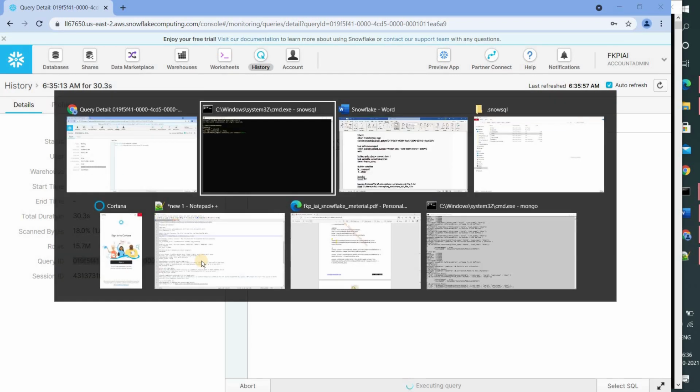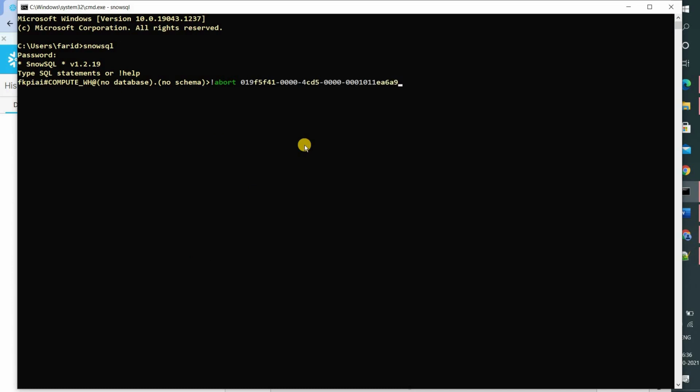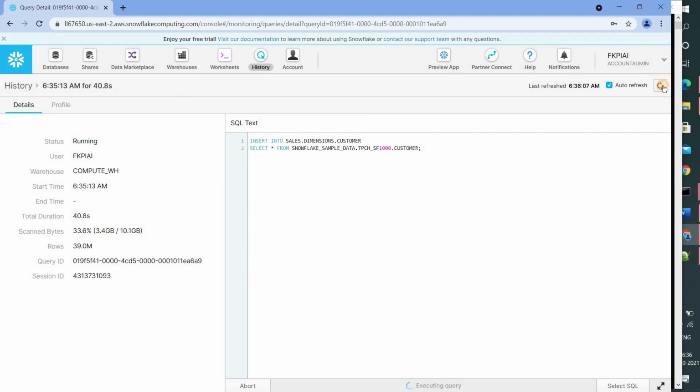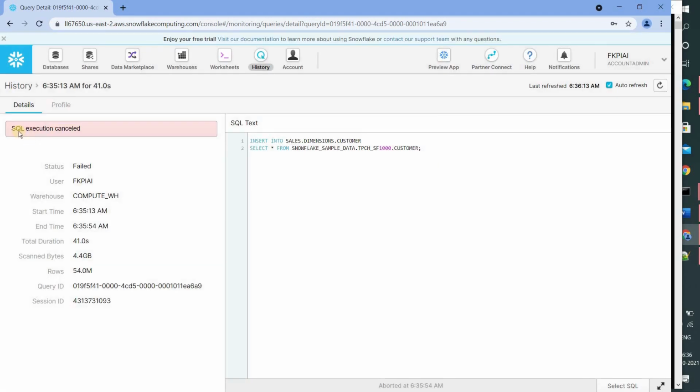Copy and provide it here. See, the query got aborted. If you refresh here, you will see the query execution is cancelled.